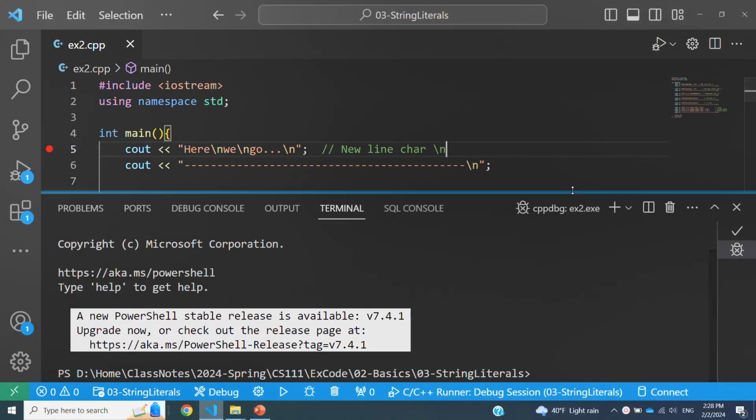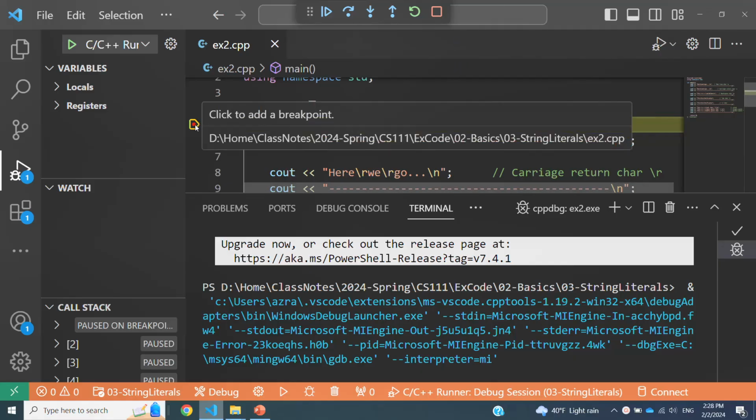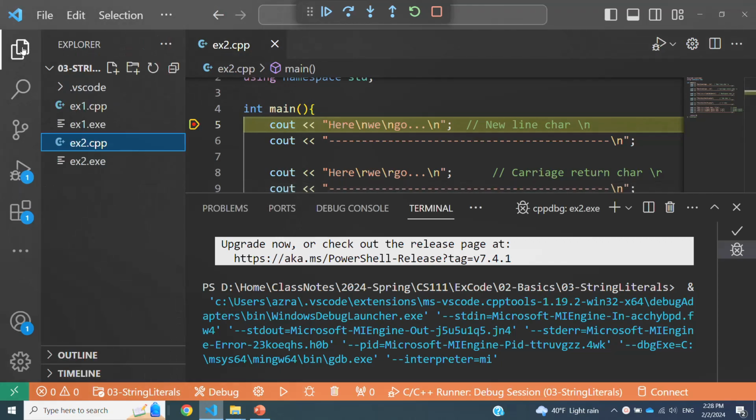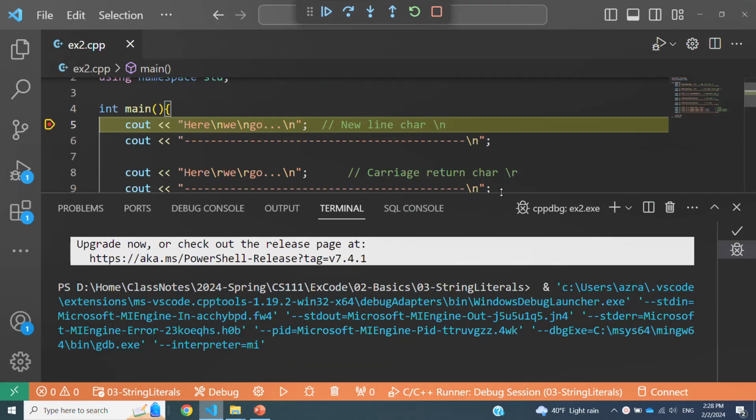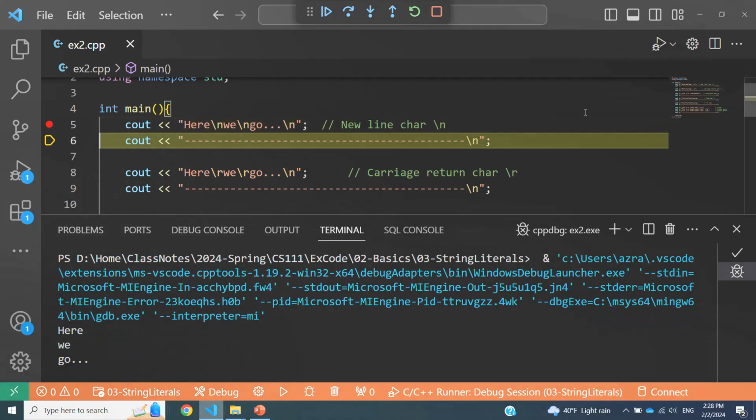So let's look at the first line. The debugging started, the control stops at this first line, and I'm going to go step by step so that you can see how this is executed. Think about it. This string has backslash n, which was the new line character. So what we should see on the screen is this, then the cursor goes to the beginning of the next line, then again the cursor goes to the beginning of the next line, and go. And then again the cursor goes to the beginning of the next line. So let's execute this and you can see it. Here we go, and now the cursor is right here.